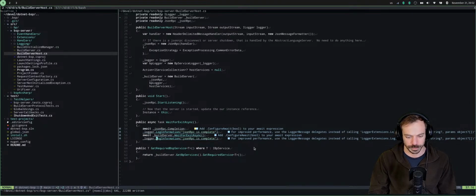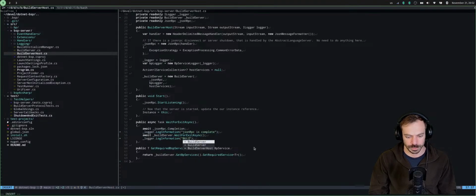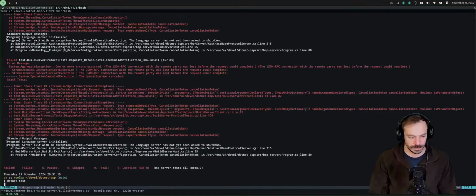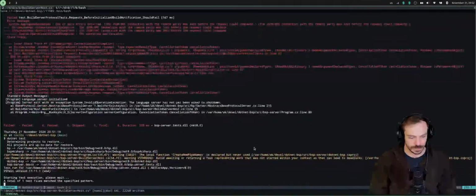And before we finish, we could say build server exits, like that. See if we can see something in the logs.